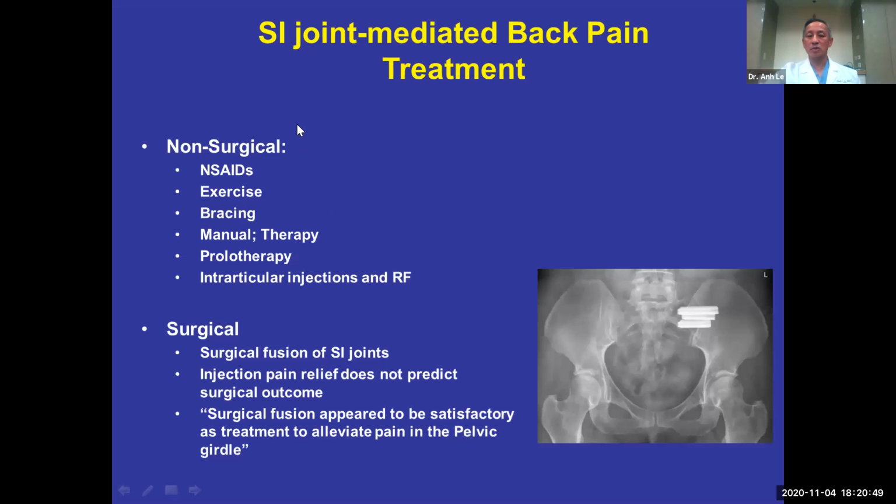The non-surgical treatments include, again, anti-inflammatory medication, exercises, bracing, manual therapy, prolotherapy, which is injecting sclerosing agents around the SI joint, or intra-articular injection with steroid, and also radiofrequency ablation around the SI joint. As I said earlier, in the past, surgical fusion of the SI joint, we used to do